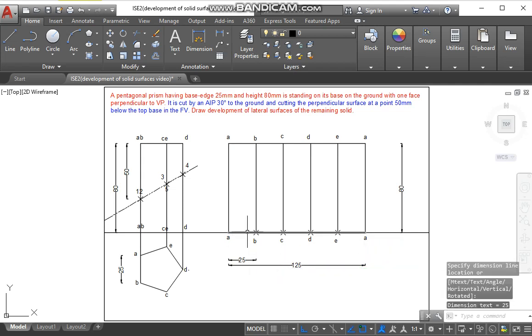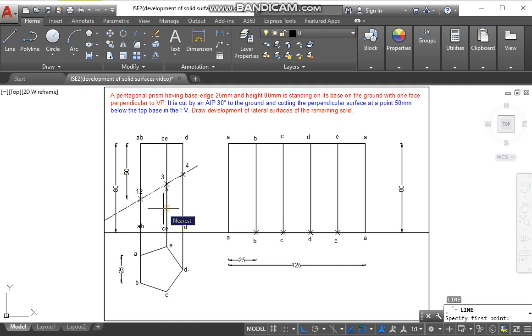So here we are getting the true shape, so we can directly take the projection of the point. In development, it is important that we get the true shape of the development. So now we'll take the projections.